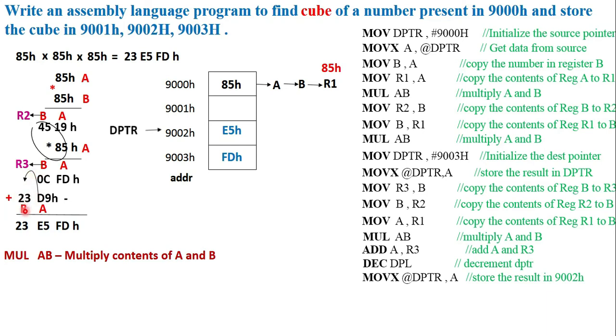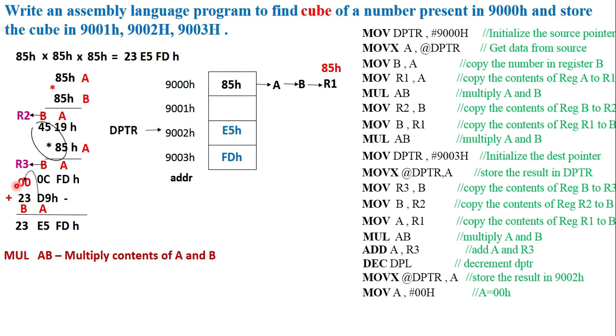This addition should add the contents of B register with no content available here. So we normally assume a 0 along with the carry from the previous addition. We know the rule for addition is the destination must be accumulator. So let's assume that this 0 is there in accumulator by copying 00 into accumulator. So we write MOV A, #00H. So now accumulator has 00.